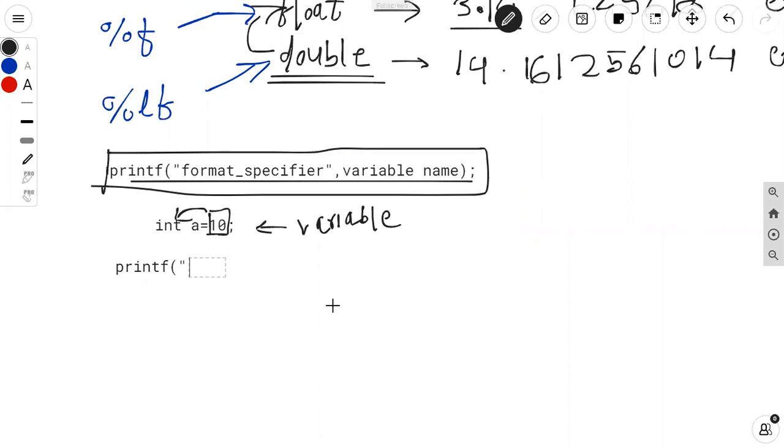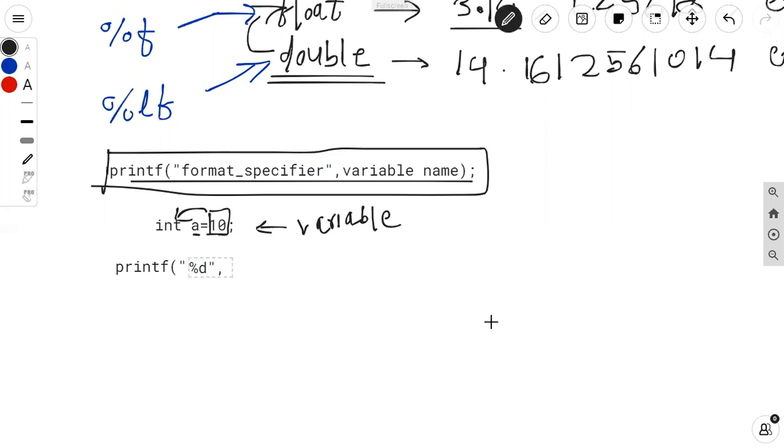So I want to use %d format specifier to display the integer value. So here I'm using %d to display the integer value. So double quotes complete, here double quotes complete, then comma operator. So we need to tell the compiler I want to print the integer value on the screen, and that integer value is stored in which variable? So this integer value is stored in variable a.